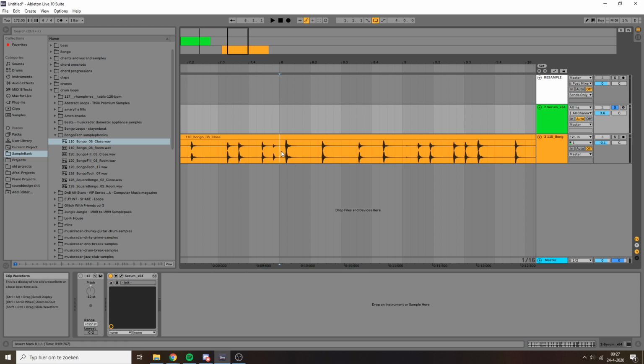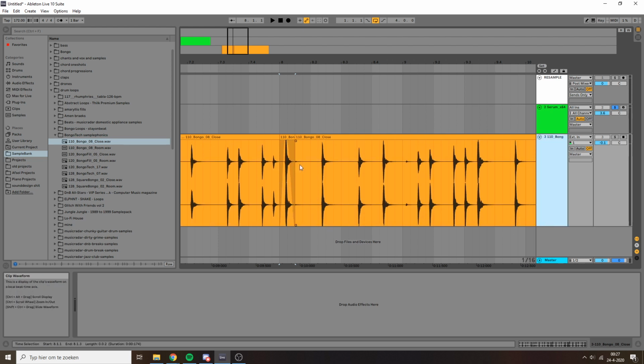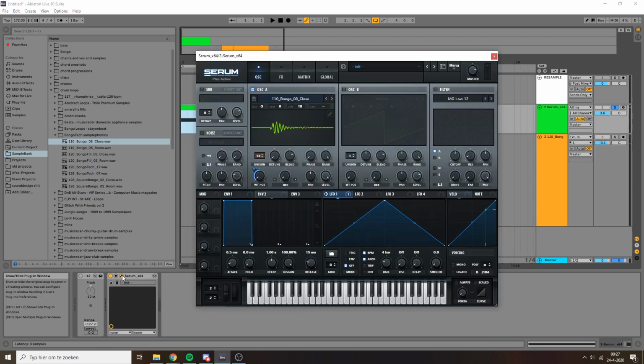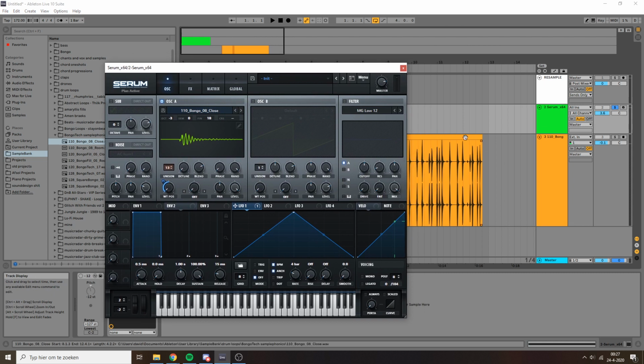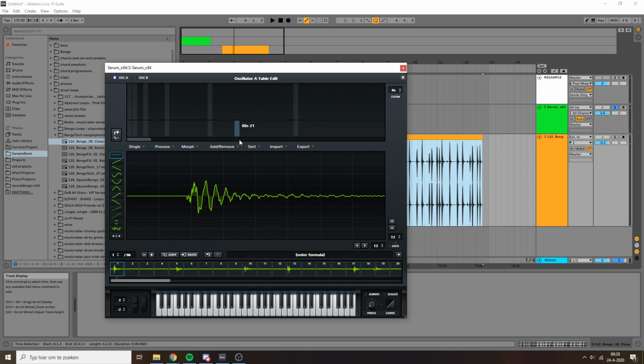One of the things is with granular synthesis, if we have one of these grains, what will sometimes happen is it'll get a fade in and a fade out. And this is to prevent clicks at the beginning and the end of the grain. So with this sample, it doesn't really matter all that much because it's quite percussive and it's a lot of very short sounds rather than more sustained notes. So it won't make a big difference here, but if you find that you want to apply fades, you can